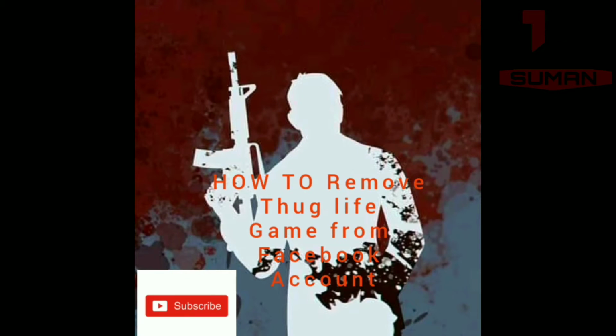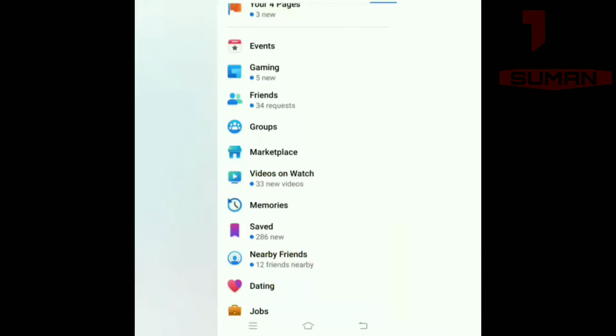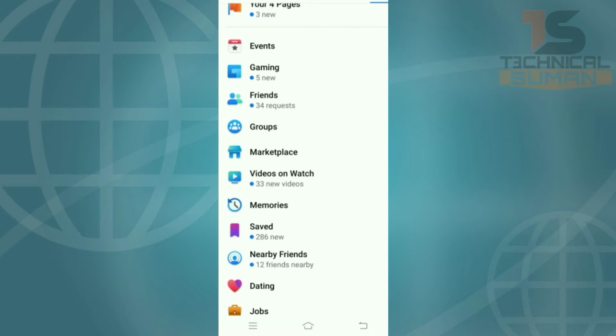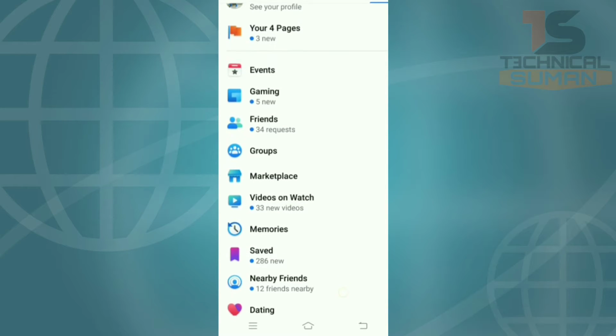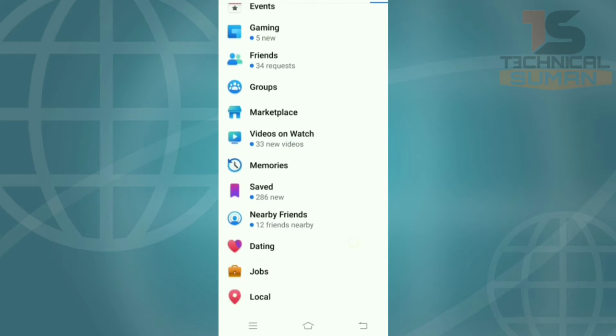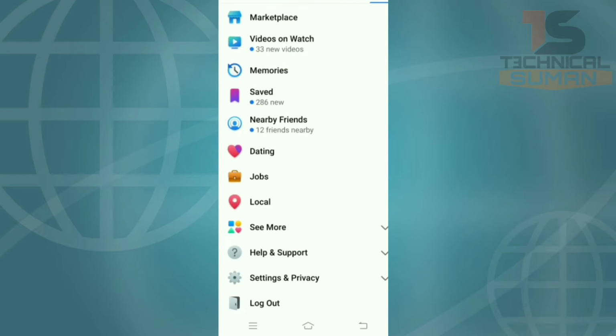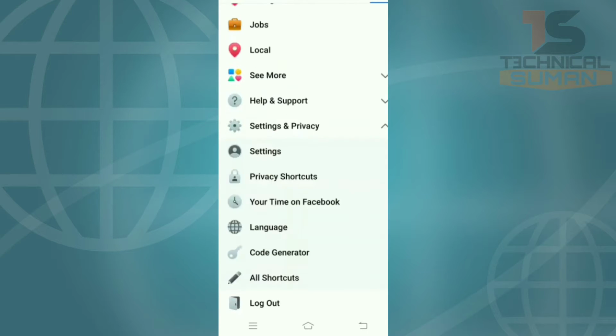How to remove thuglife game from Facebook account? First of all, you must go to your Facebook settings, and just click on Settings and Privacy, like that, and you come to Settings. After that,